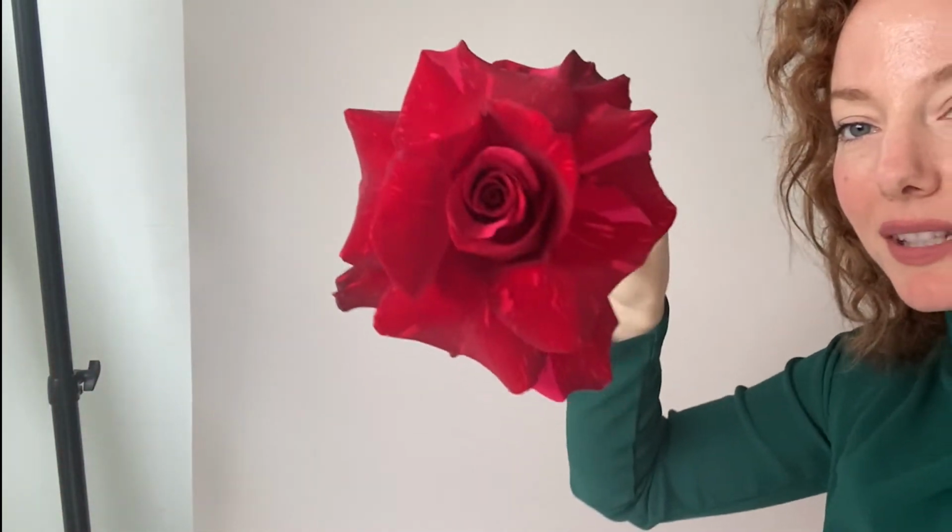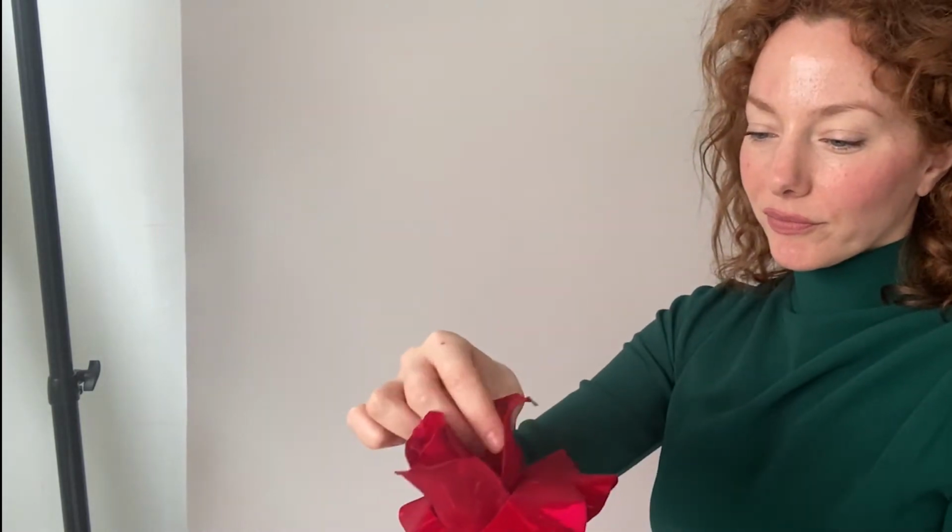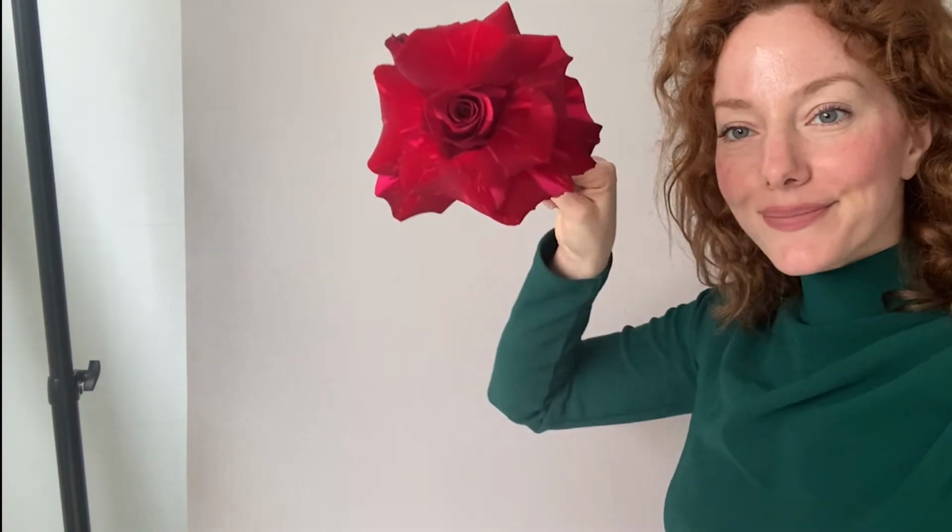I hope you were able to see that really, really well. So we have a reflexed rose here. Ooh, girl. I love it so much. And then I give it a sharp